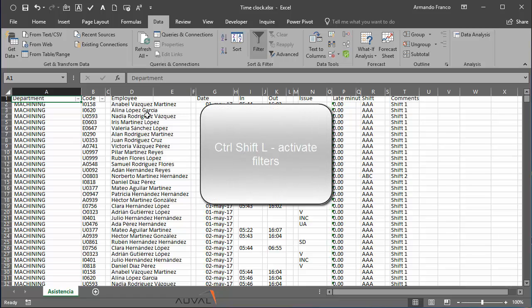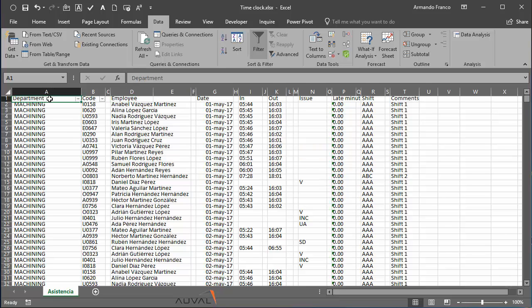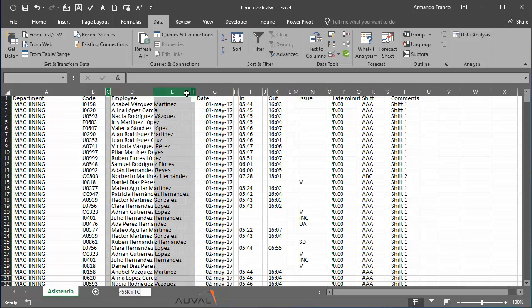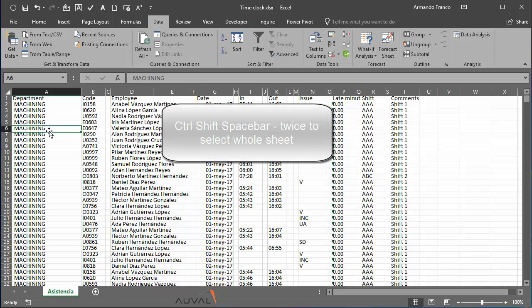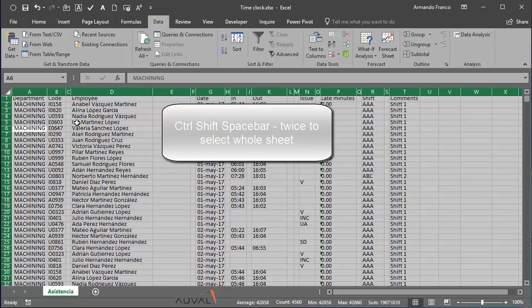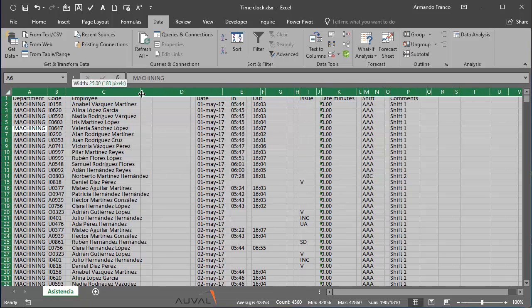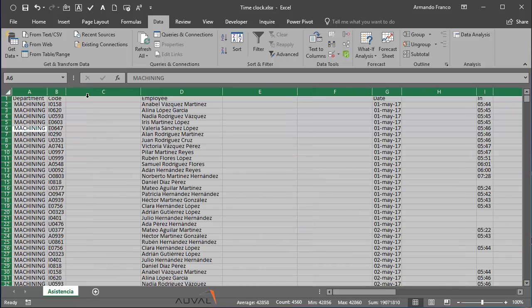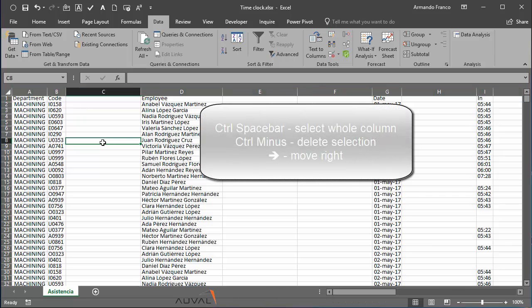Control Shift L again. And in here, another issue. I have white columns. You see? That's why Control Shift L doesn't reach to employee. So Control Shift L again. I'm going to delete these columns. Hit Control Shift space twice. Double click between 2 columns. I'm going to make them big and then double click more easily.